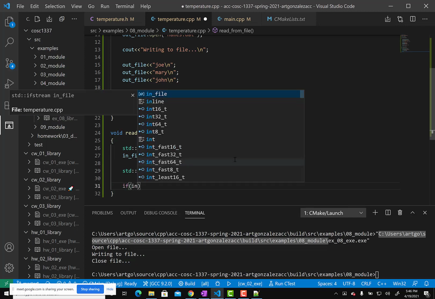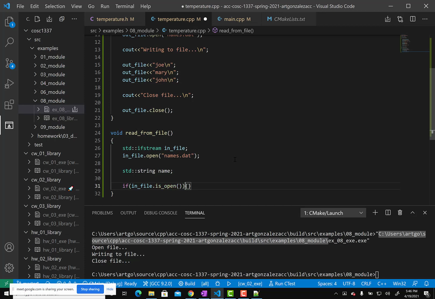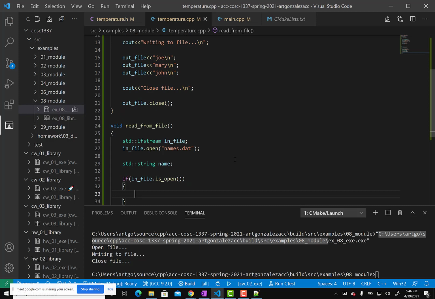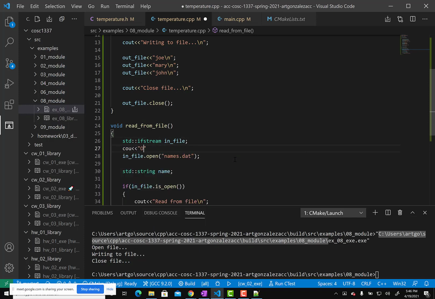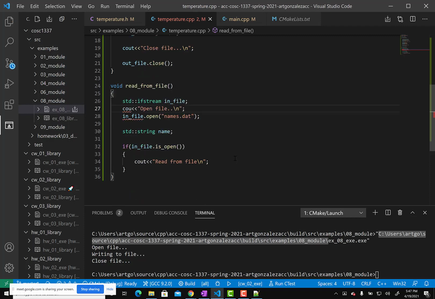We check if we can read the file, so we say if open, read from file, let me see here, open file, and if we are here, we can say while in file, oops, I misspelled this one, and we use it just like cin, so we can say while in file name,